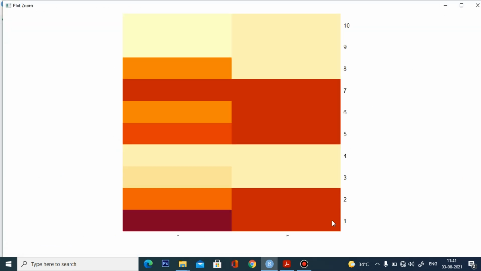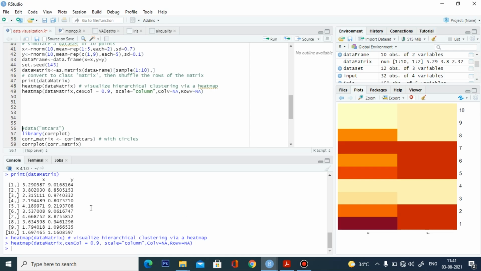Okay. So here we have observations from 1 to 10. If the color is red, then the magnitude value should be high. If the color is light, it means the magnitude value of the particular variable should be low. So I will explain this. Here in your x-axis, your first column has a very dark color, which means high magnitude.